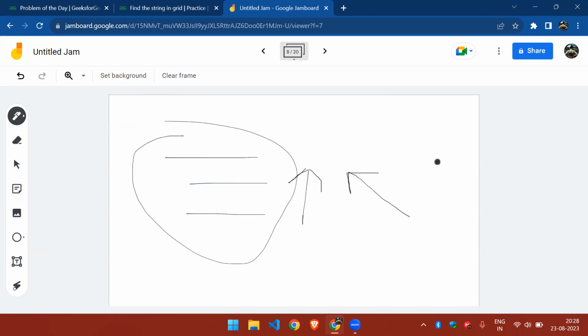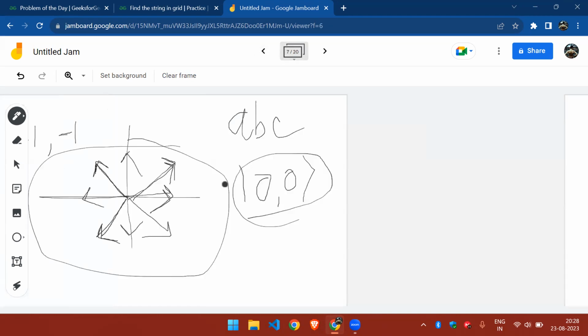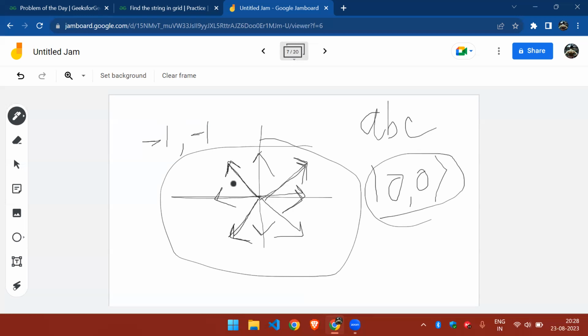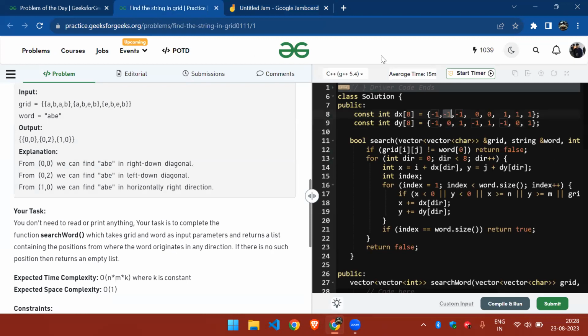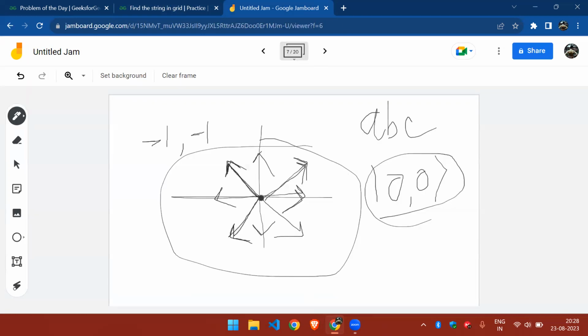Similarly, if we move in this direction, not only our column but also our rows will decrease, right? So that's why if we move a cell towards this direction, we will have the coordinate minus 1, minus 1. Similarly, minus 1, 0